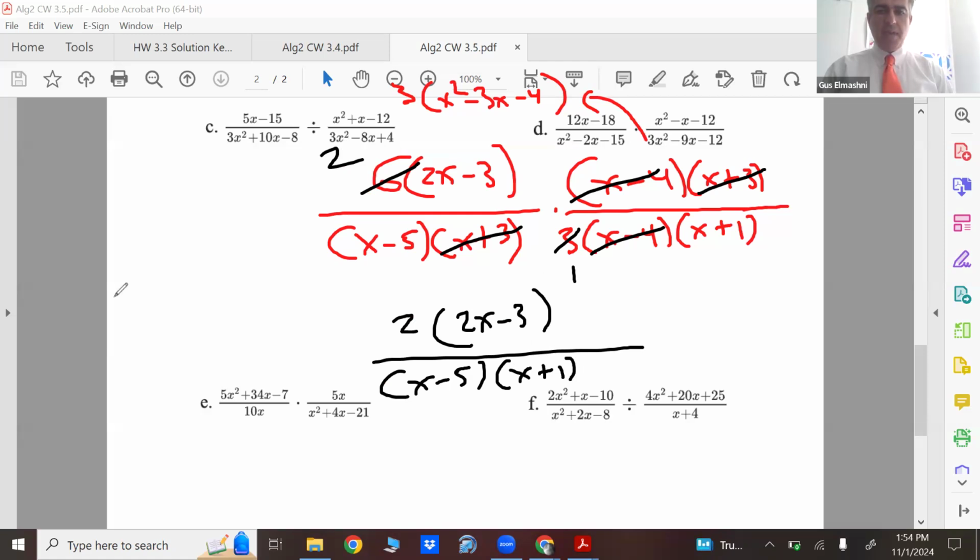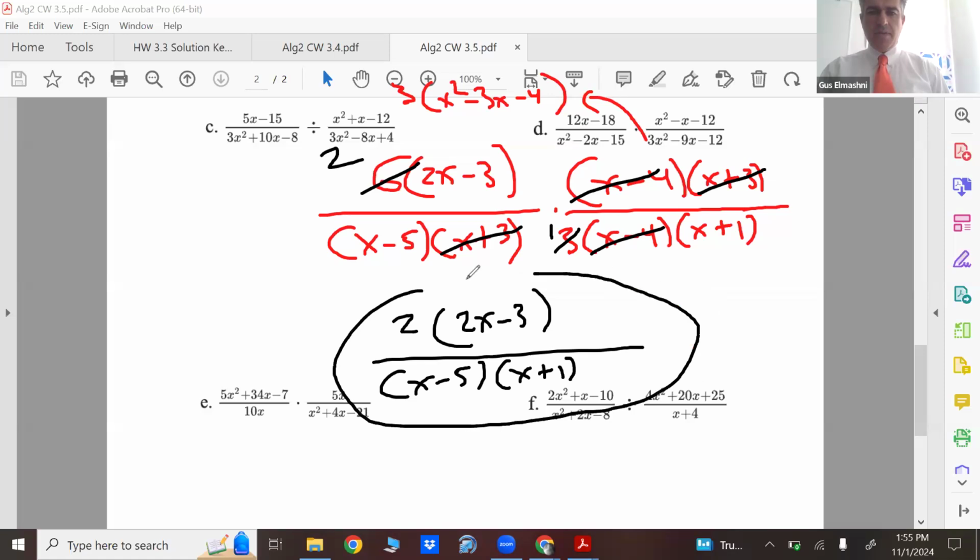I'm gonna show you part D in just a moment. Here's part D. Let's think about it. So think about it, guys. For D,